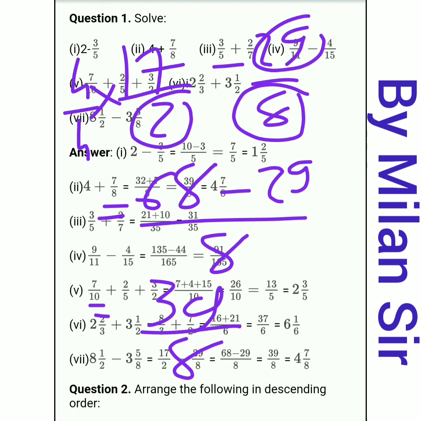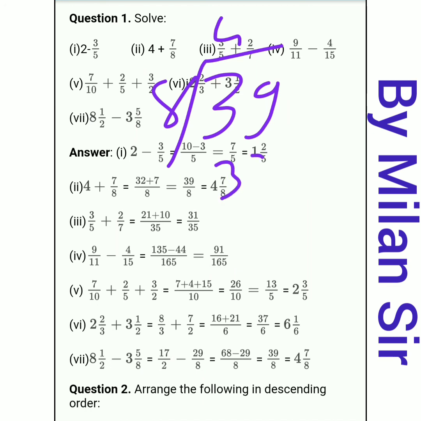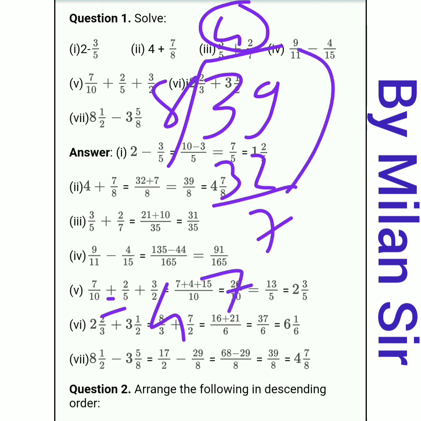Now again this is an improper fraction, so we need to convert it into mixed fraction. So 39 by 8, 8 fours are 32, remainder 7. So first of all this integer part 4, clockwise direction 7 by 8. So our answer is 4 integer 7 by 8.